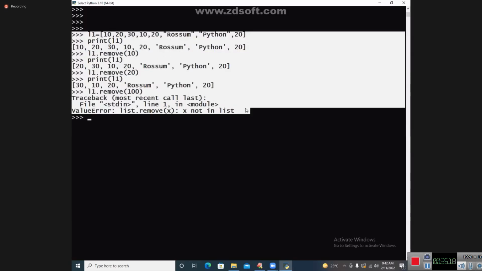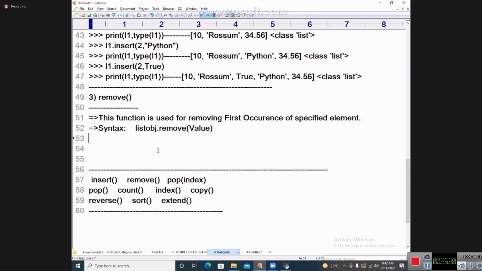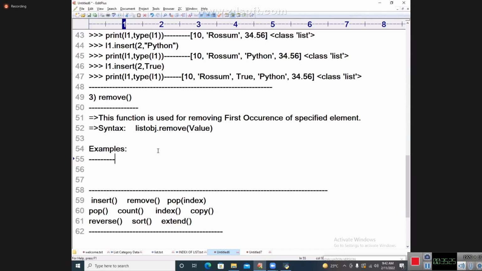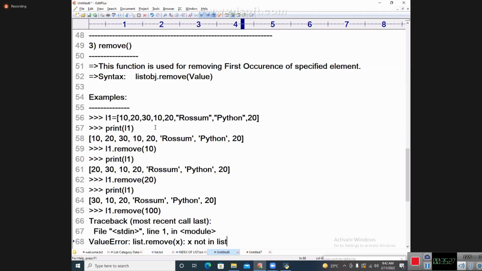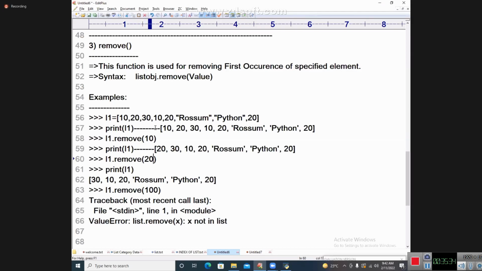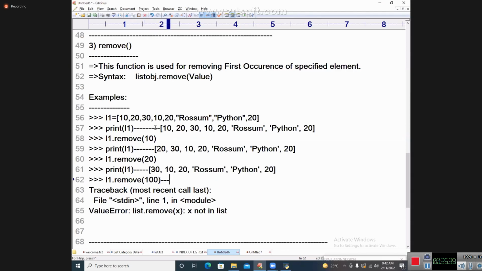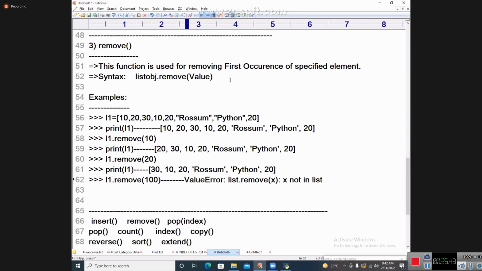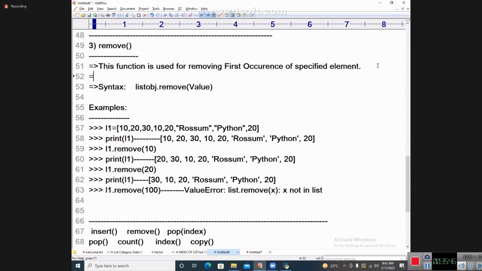So let us take an example to give you clarity. Print of L1. Remove of 10, it is removed. Remove of 20, it was removed. Remove of 100, it was trying to remove, but it was not there. Now I am going to say, if the specified element is not present,